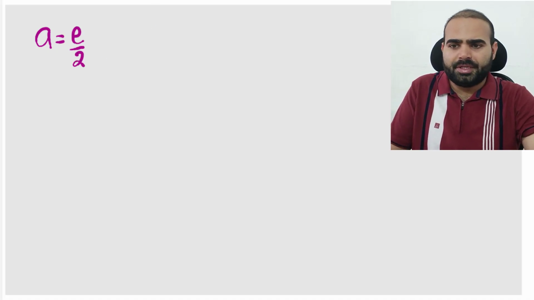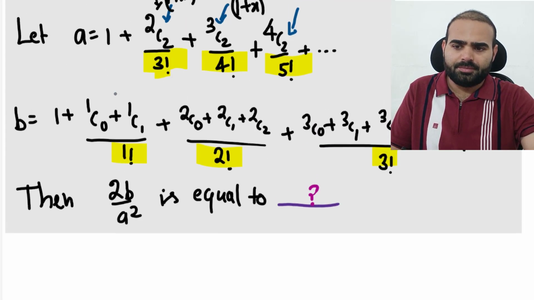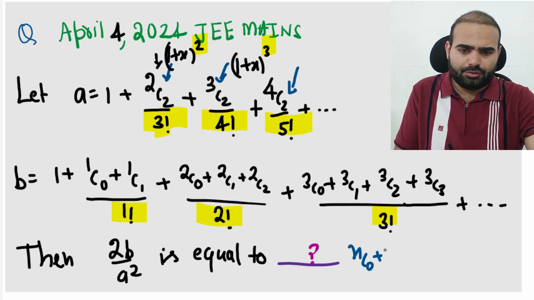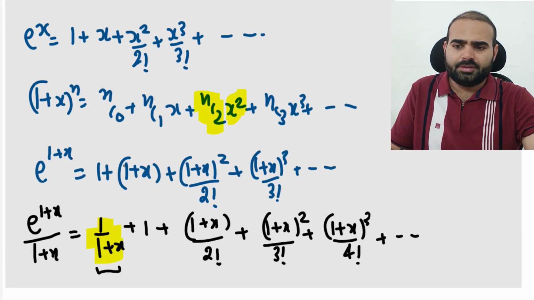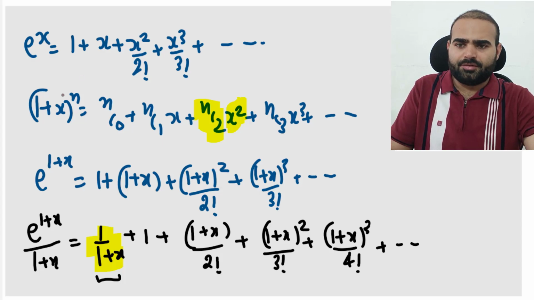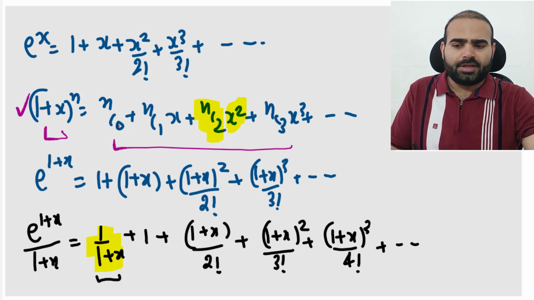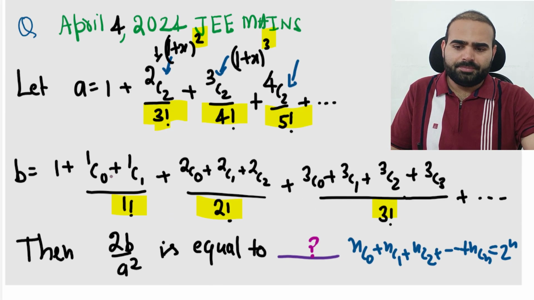Now let's get the value of b as well. B is very simple because you can notice the pattern here. Why am I saying it? Because it's related with the concept. We have nc0 plus nc1 plus nc2 till ncn. It is nothing but 2 power n. You can see here, if you just want to understand this result, you can substitute 1 everywhere, right? So it is 1 plus 1, that is 2 power n. And on the right hand side, this is nc0 plus nc1 plus nc2 up to nc8. So basically, you can notice the value of b.